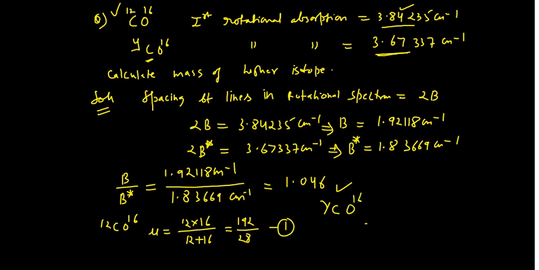So in that case you have mu star, and that mu star is equal to y multiplied by 16 divided by y plus 16. Say this is equation number 2. Okay, now you can take the ratio, that is mu star divided by mu, that would be your